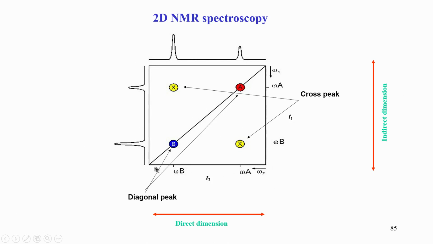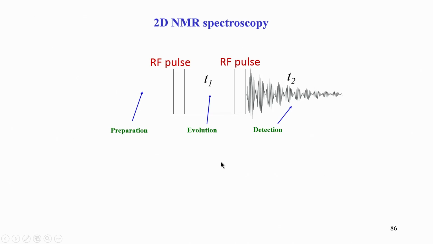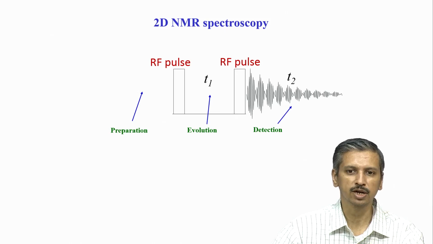So, let us now go a little bit into mathematical detail of how a 2D NMR experiment is made, because unless we go a little bit into the mathematics of this, it will be difficult to gather information on 3D when we go to more complicated experiments. So, let me give a little more detailed insight now. This period before this pulse is applied. So, this is the first RF pulse.